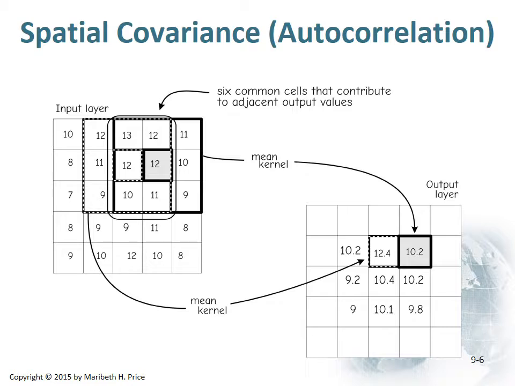Some of the operations like the arithmetic mean, the average function, will tend to create things that are more similar to each other. So we're increasing the amount of autocorrelation. And that may be something that we're interested in the output. That may be great. It may be something that we're not so interested in. This is a concept that has applications in certain kinds of statistical analysis where we want to be concerned about if autocorrelation exists, how much does it exist, and is it something that's going to really skew the results of our